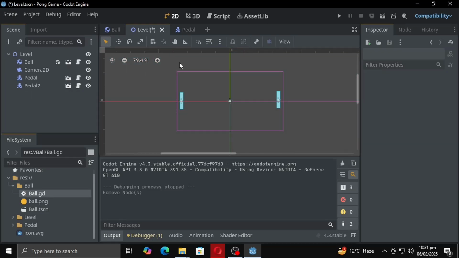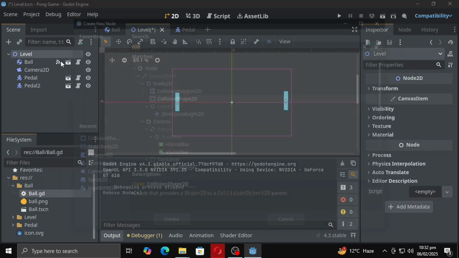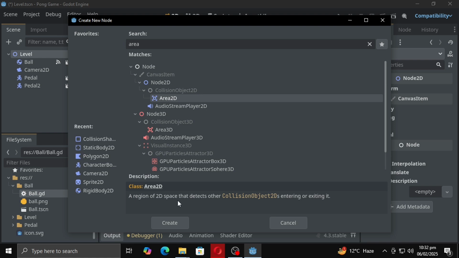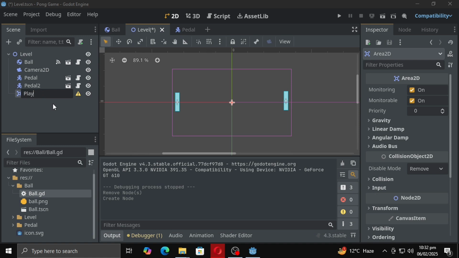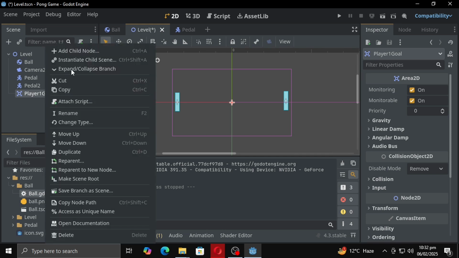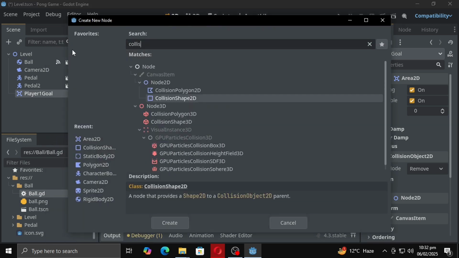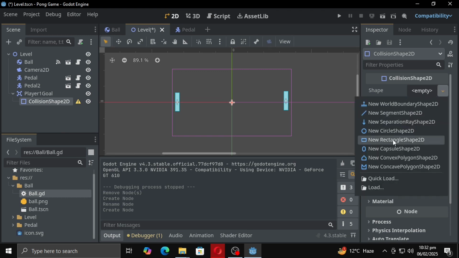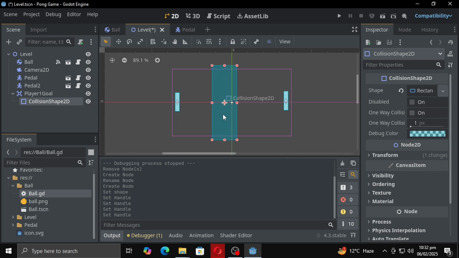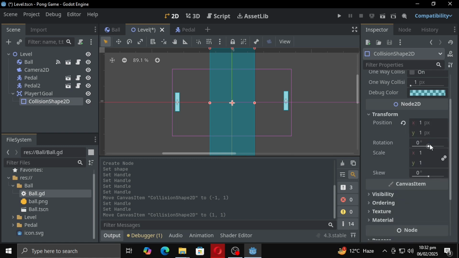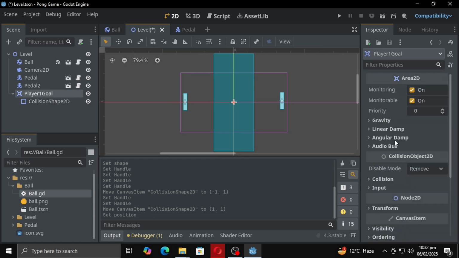First of all, remove the static bodies and make sure to make an area. We want to make the goals for the two players. For player 1, the goal will be on the player 2 side, and for player 2, the goal will be on the player 1 side. So make Area2D nodes and also attach collision shapes to them. Area2D is a way to detect, for example, if something comes into that area. So whenever a ball enters the area, I mean the collision shape of the area, it will immediately detect that something has entered. So we make the player 1 goal, and we